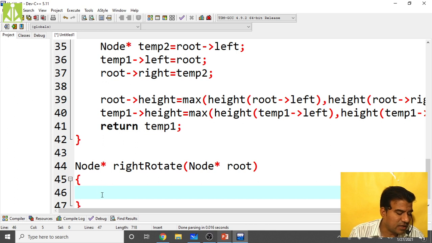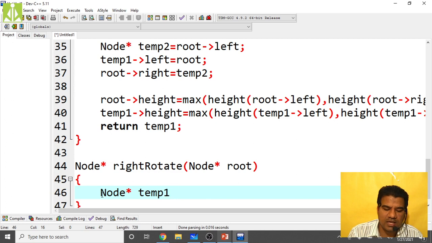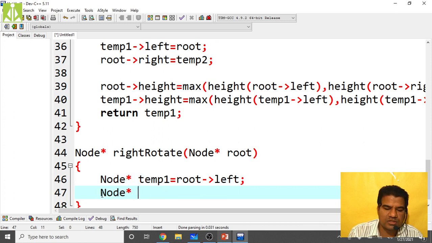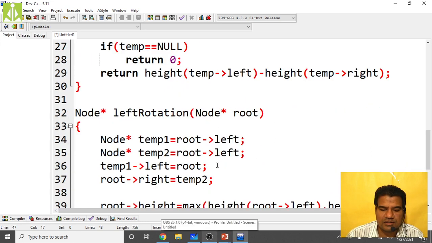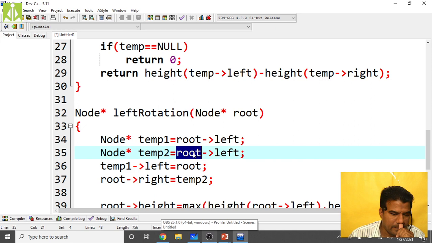We take two temporary pointers: node star temp1 equals to root of left, then node star temp2 equals to temp1 of right. No, here we have to say first node star temp1 equals to root of left, then node star temp2 equals to temp1 of right.